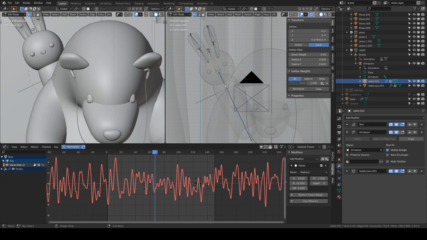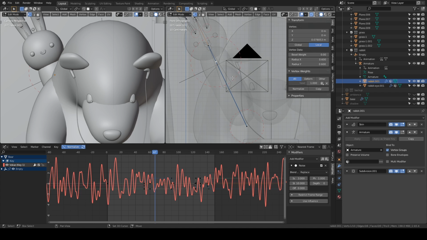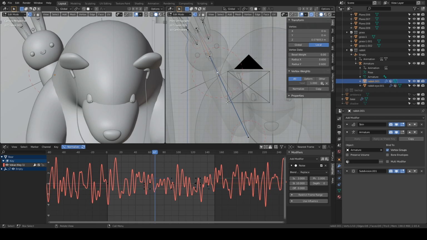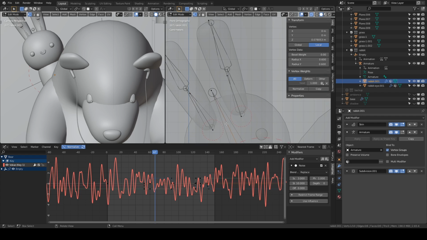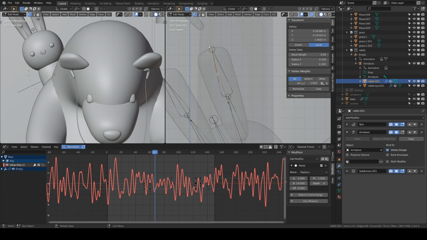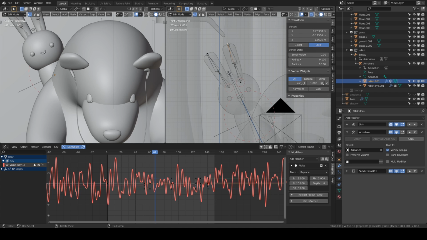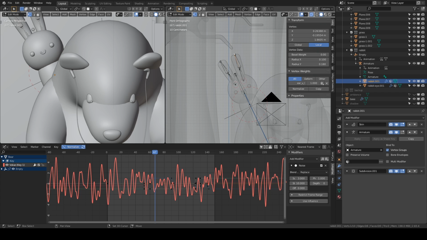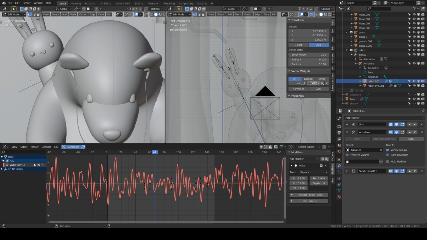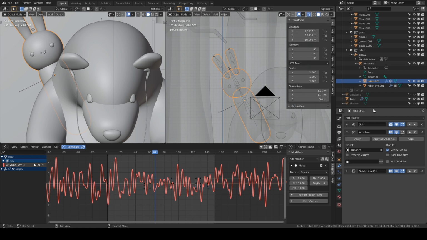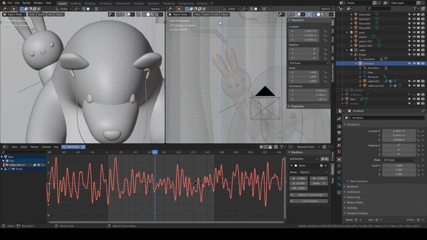One of the advantages of this method was I could easily bind these vertices to these bones. For example, if you notice, this vertex is mapping to this bone, and then this vertex is mapping to both of these two bones, and this one is mapping with this particular bone. So that way it was easy for me to map. I didn't even have to do weight painting. I just clicked on the vertex and assigned the values, and then all I had to do is animate the armature.